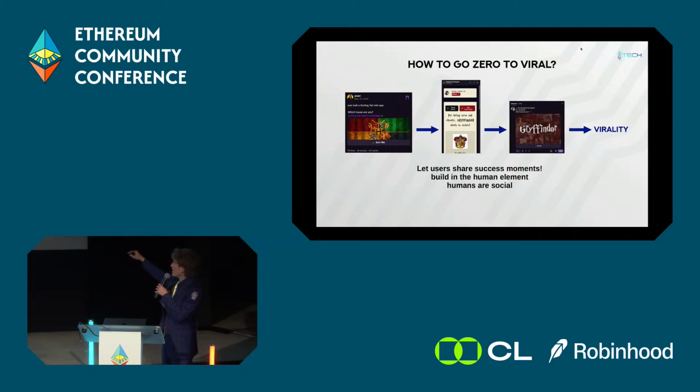So how do you go viral? Generally, it's let a user share success moments. When you think about when you send a text message to a friend about an app, it's generally a success, a funny moment, or something you deeply, deeply care about. And that is where the human then comes in. We're sitting here in a room at a conference because we want to just hear about some cool stuff, meet people that we usually just see a few times at conferences a year that we work with. Humans are inherently social. Even though most of us in the crypto space, or developers especially, sit at computers for 10, 12 hours a day, this is how we can just bring the social element back,